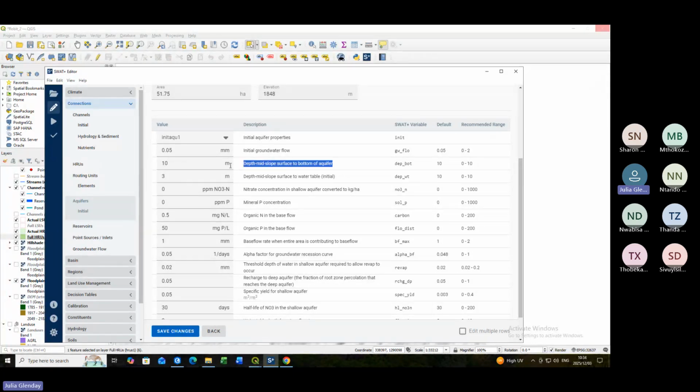And then that's the depth to the bottom of the aquifer. So if there's another layer, they're saying the total depth to some other confining layer, some other rock layer that differentiates to the deep aquifer is 10 meters. And then the water table is sitting 3 meters below the ground on day 1 of the run. And then it has the nitrate concentration, phosphorus,